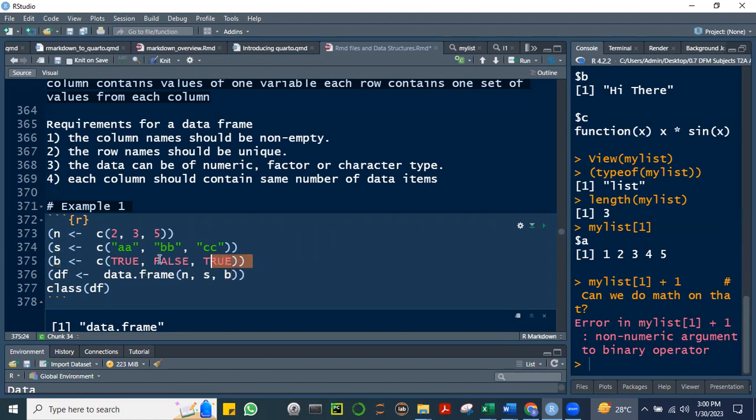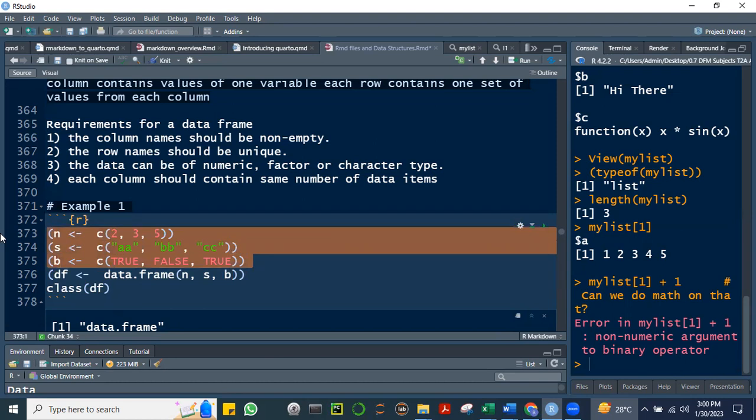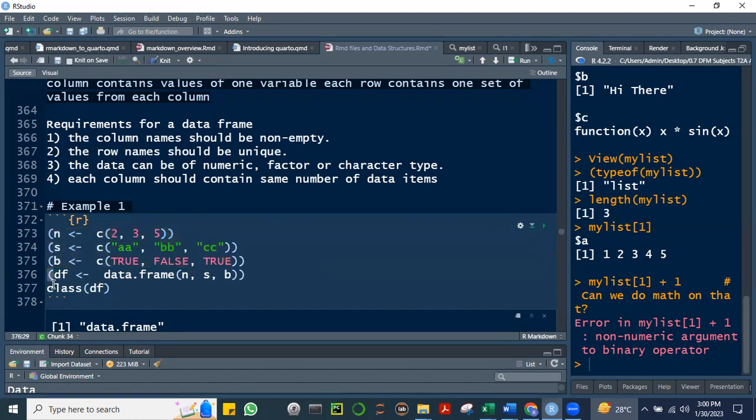So we can say that if we combine this to form a rectangular array, then this can pass for a data frame. All right. So the last line here, we're creating an object called df. We're using the function data.frame and then combining n, s, b. So we're creating an object with these columns n, s, and b, and it will be treated as a data frame. And then we can check what type of data df is. So if we run this code chunk,